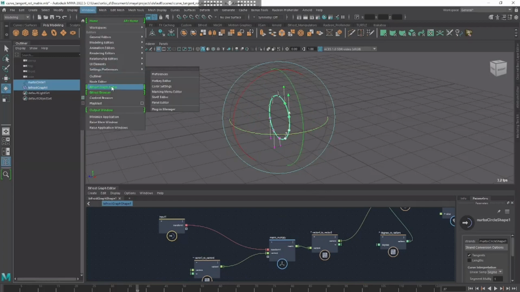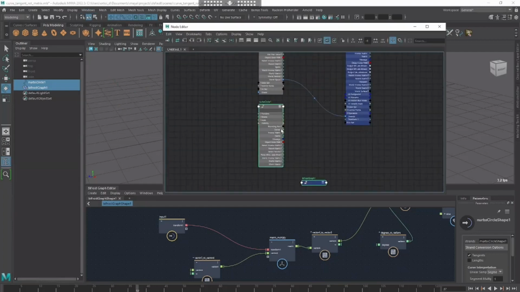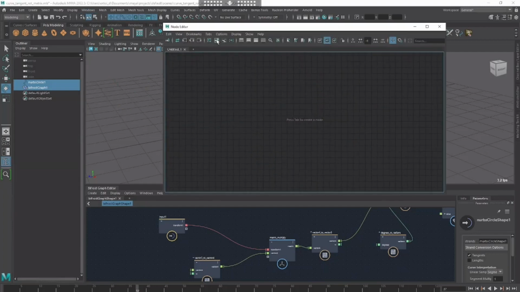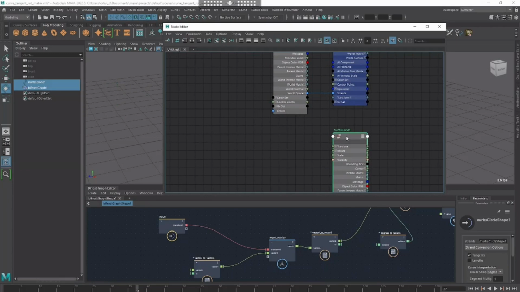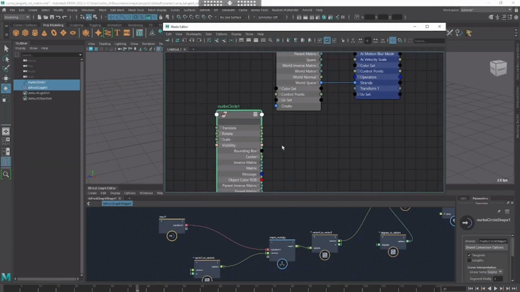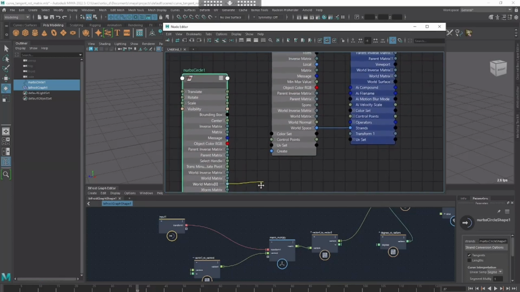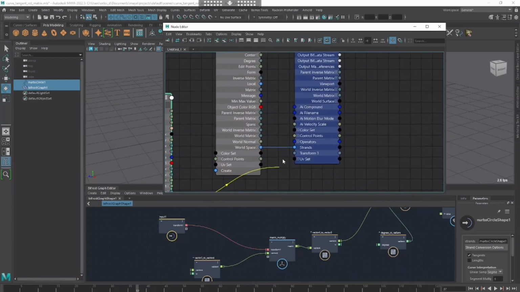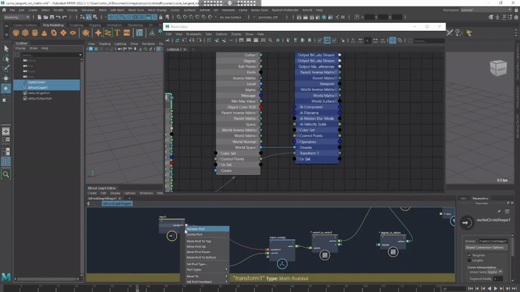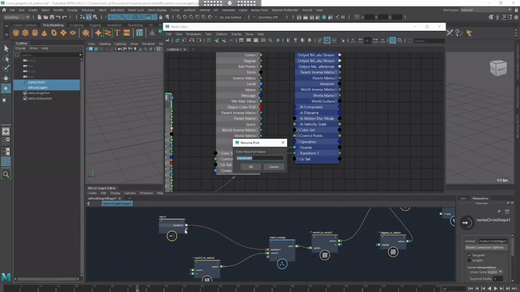We connect the world matrix from our nurbs circle to our transform. So we can rename this matrix curve in,